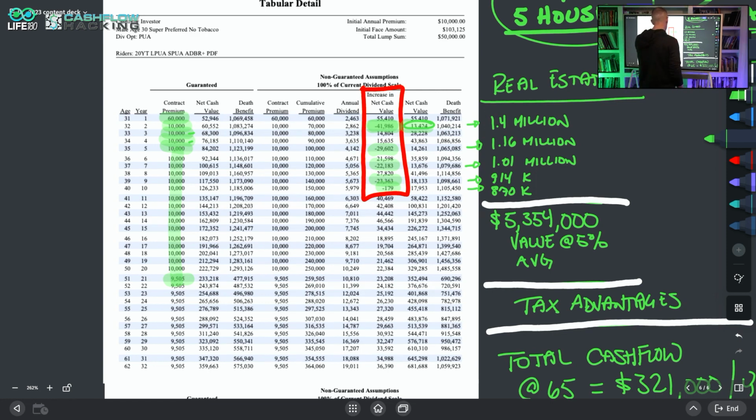And so you see here, year 2, you got the first house. Year 5, you got the second house. Year 7, the third. Year 9, the fourth. And year 10, the fifth. So what we can see here, though, is if you assume that real estate is going to go up 5% in value on average over time, then you are looking at these property values right here for each property